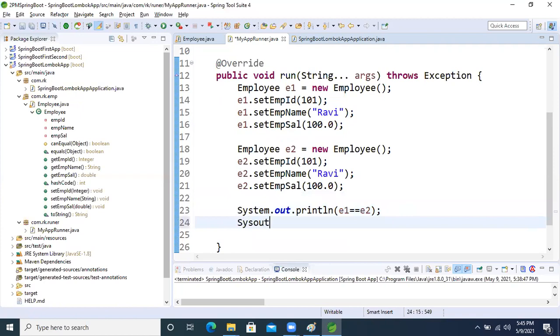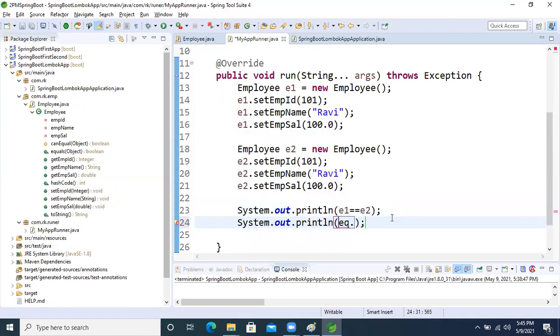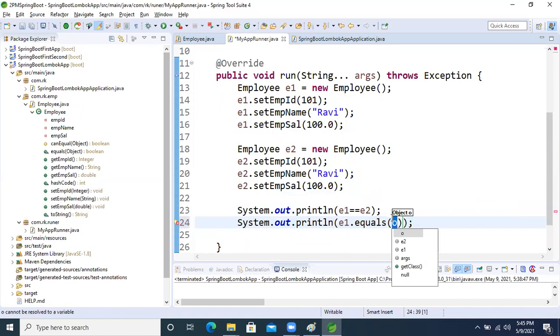Another one: sys out e1.equals(e2), passing the e2 object.